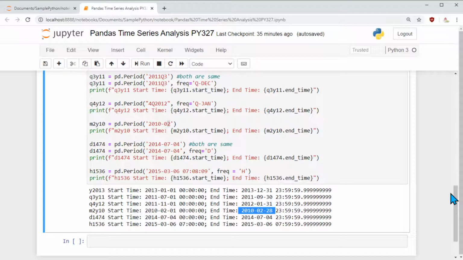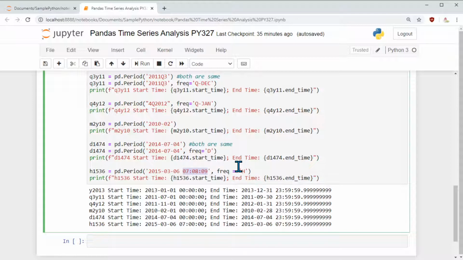Now we can go into a smaller period of a day as well. Here if you see I have a frequency of day, that means it's 1 day, and I chose the date as July 4th, and it starts on July 4th, ends on July 4th. And I have an hour here, March 6th, and it's an hour starting at 7, 8, 9.